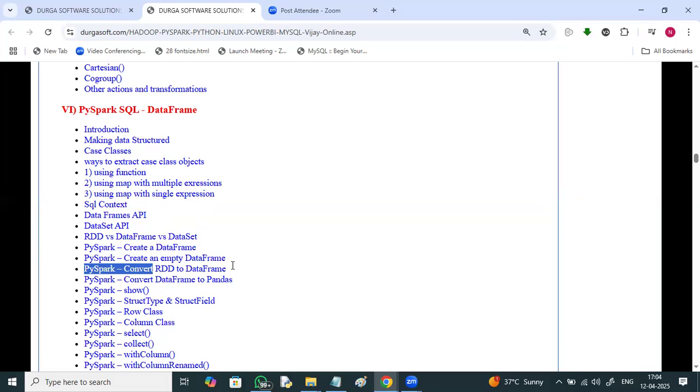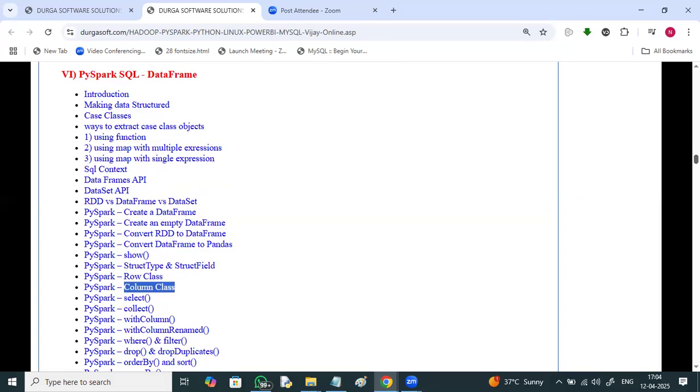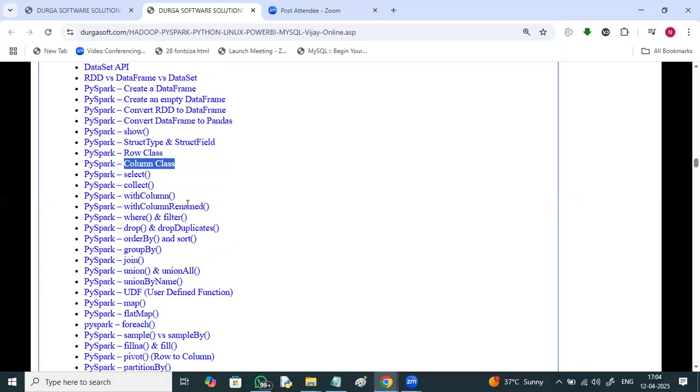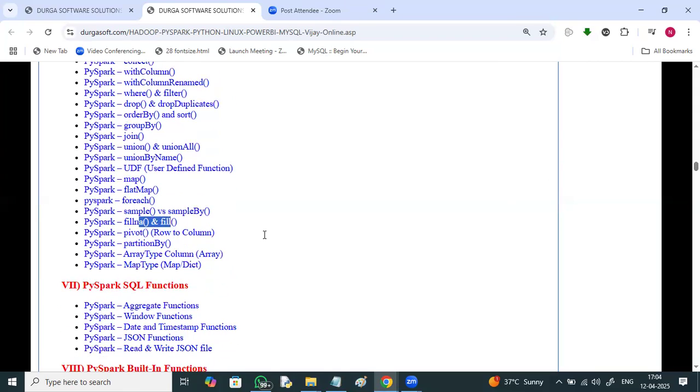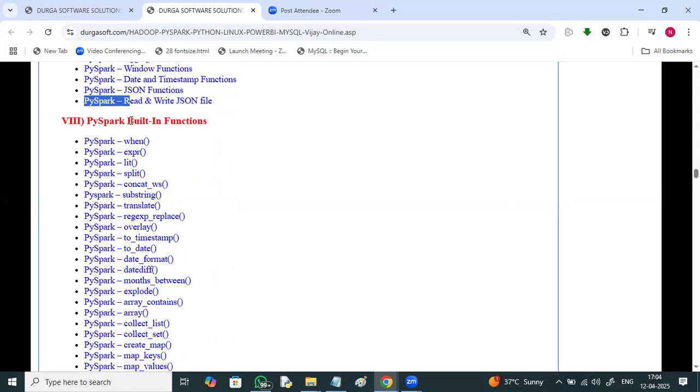Creating a DataFrame, empty DataFrame, creating a DataFrame from RDD, DataFrame to pandas, show, StructType and StructField, Row class, Column class, collect, withColumnRenamed, where and filter, drop and dropDuplicates, orderBy and sort, groupBy, join, union and unionAll, unionByName, UDF, map, flatMap, foreach, sample, fill nulls and fill, pivot, partitionBy, ArrayType, MapType, PySpark SQL functions, aggregate functions, window functions, date and timestamp functions, JSON functions, read and write JSON files, and PySpark built-in functions.